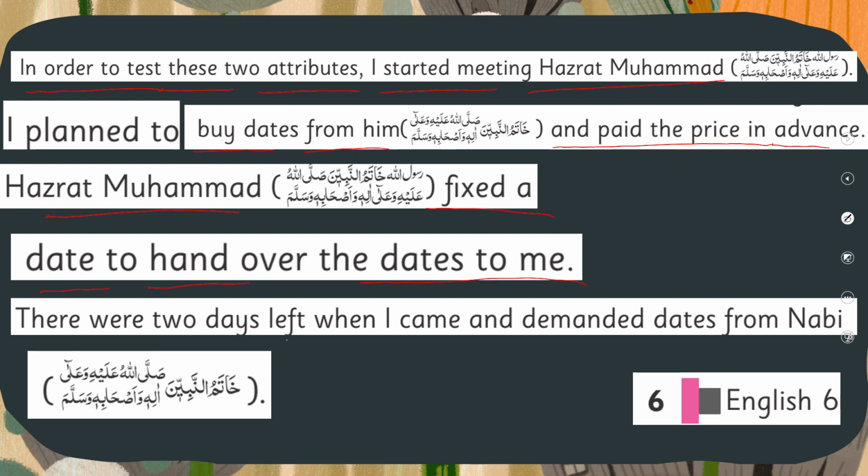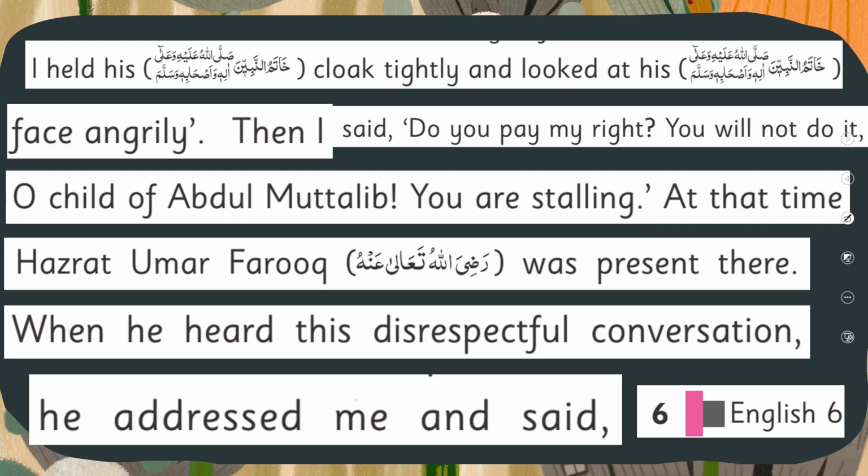There were 2 days left when I came and demanded dates from Nabi sallallahu alaihi wasallam. I held his cloak tightly and looked at his face angrily. Then I said, "Do you pay my right? You will not do it. O child of Abdul Muttalib, you are stalling."